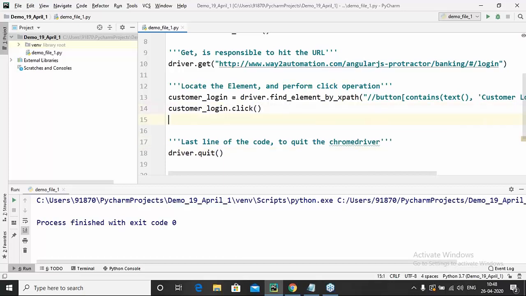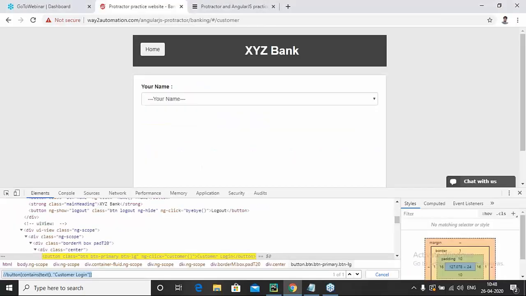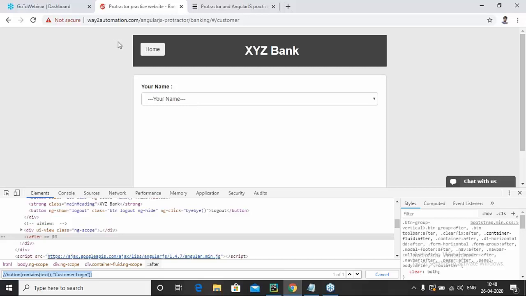Okay. So now let's move ahead. We clicked on customer login. Now